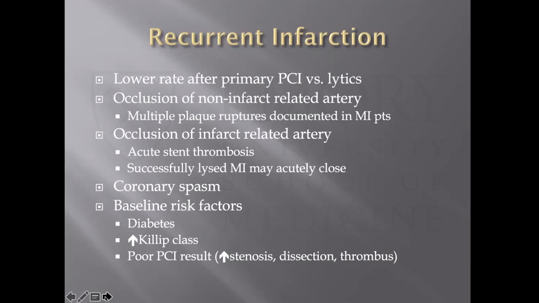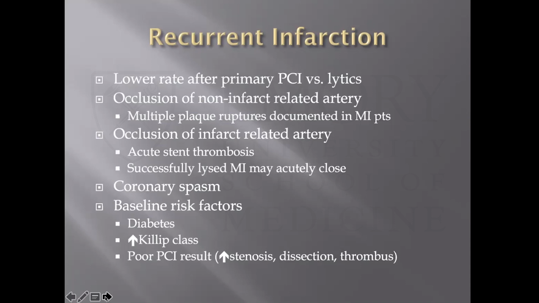Coronary spasm is unusual, but just something to think about. And obviously, intervention with nitroglycerin can help you assess whether this is involved. What things may increase the incidence of a recurrent MI after a primary insult? Sort of things that you would think about that would make an MI worse in general.